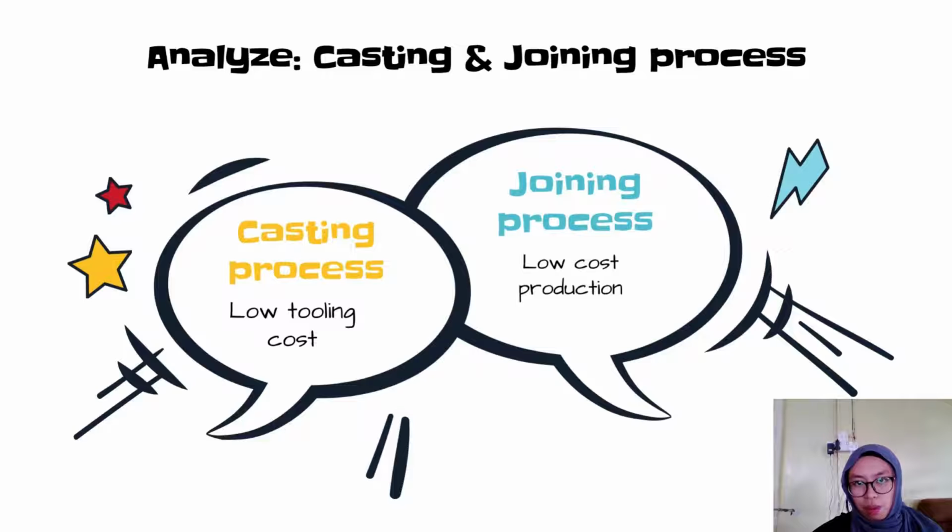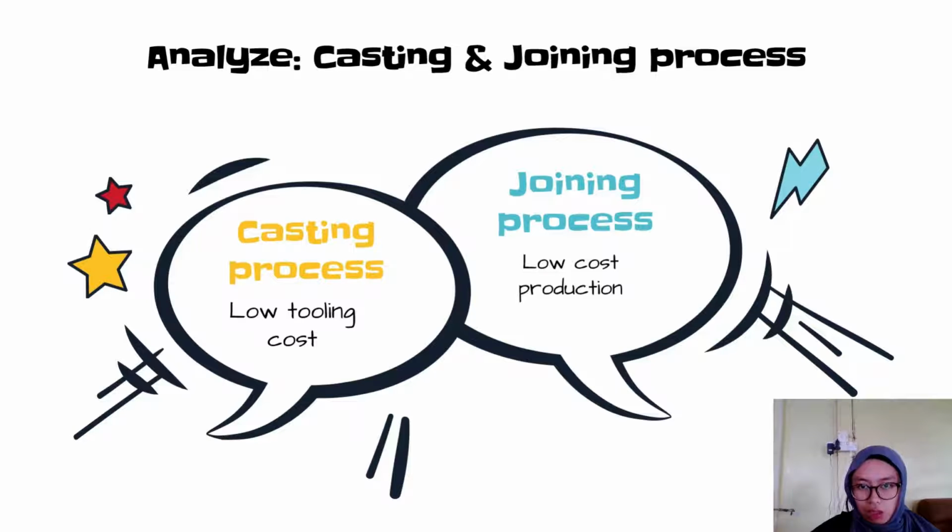The last section of my part is about custom engineering process, analyzing both of the processes. For the casting process, our product can be optimized with the low tooling cost of the process and the versatile shape and weight of the product. This is because the tools of the casting process can be found at any hardware store, such as a hand sieve, shovel, the sand that we use for the mold, and molten materials such as aluminum alloy. For the versatile shape and weight, we can design or draw our product such as